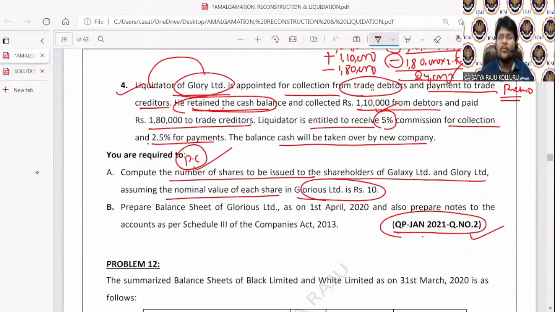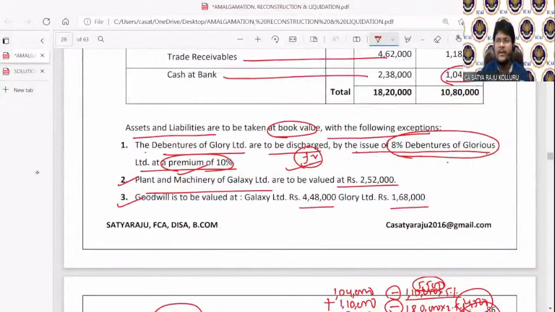One thing I am asking all of you, after reading the given information, which method of PC may you adopt? Can you please tell me, guys? Please, all of you participate. Which is the method of PC? Can you ascertain the amount payable to equity shareholders and preference shareholders directly from the given information? If you are unable to identify the method of PC in the examination, then you may not complete the problem. First, let me know what the method of PC is.